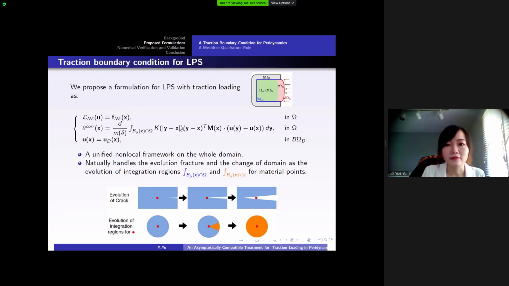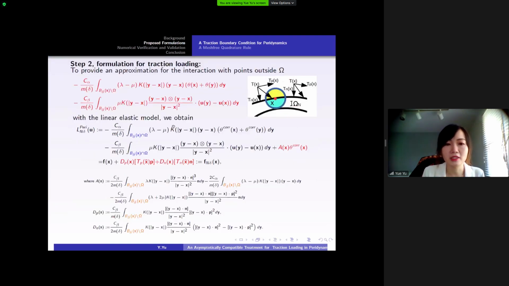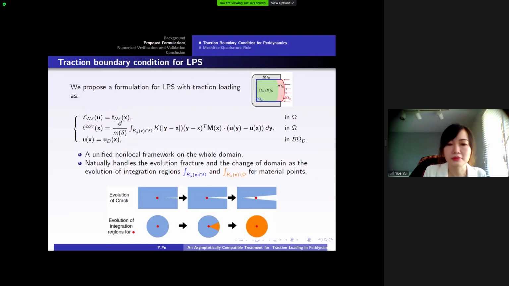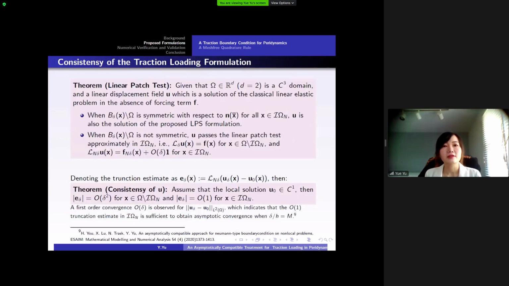So here from the formulation, we notice that all we need to handle is the change of the integration region. So basically the blue part here and the orange part here. Later we are going to see that this can be naturally represented by the Meshfree quadrature rule we provide. So now let's look into some mathematical properties that we can prove for